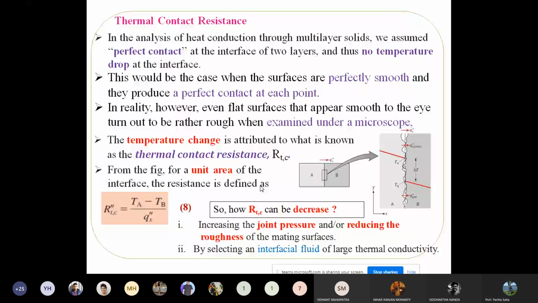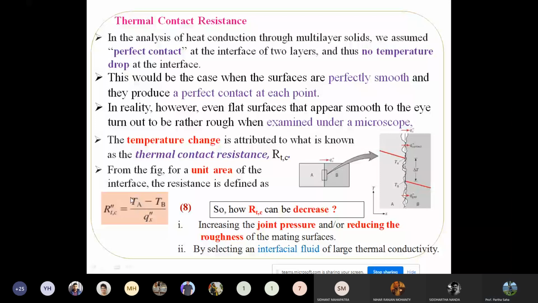But in reality, even a flat surface, which appears smooth to the naked eye, actually contains a lot of roughness if you see it under a microscope. You can visualize the two surfaces which are joined. There are a lot of irregularities or surface roughness, due to which there is a temperature drop. Here it is temperature TA and there is a temperature TB. So the delta T, which is given by TA minus TB, happens due to the thermal contact resistance, and that thermal contact resistance is given by RTC, which is nothing but the temperature drop over unit flux,